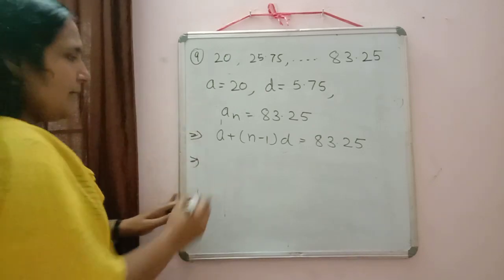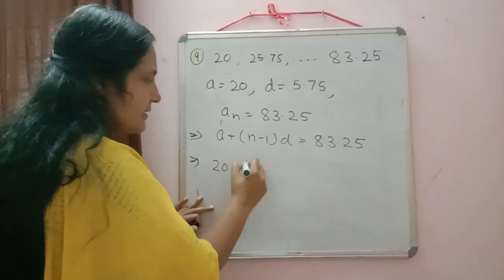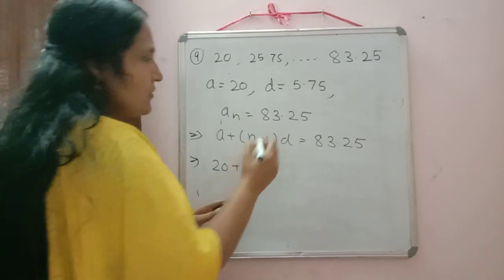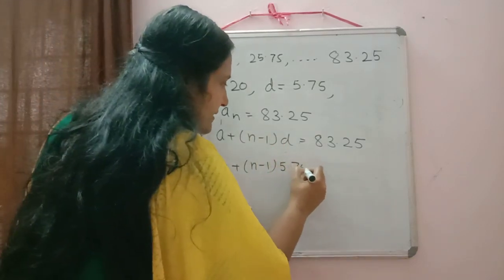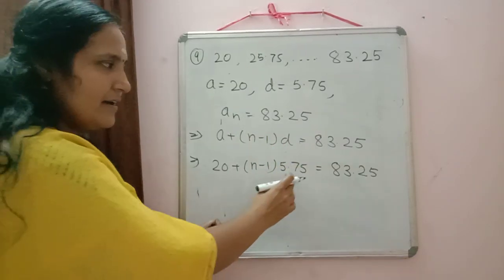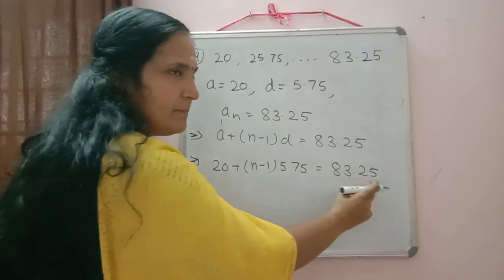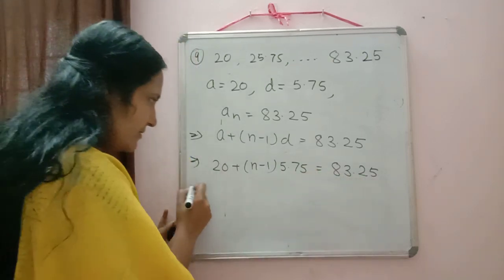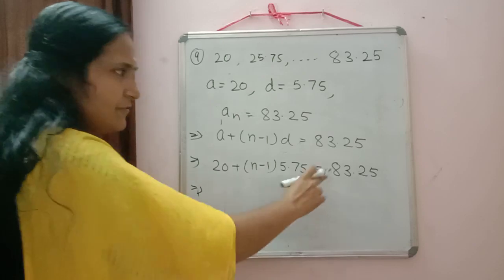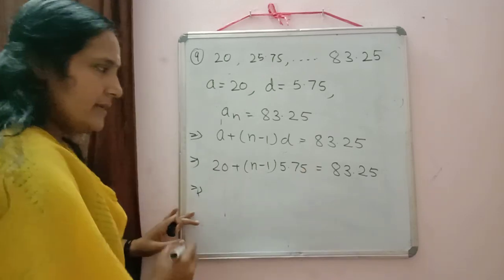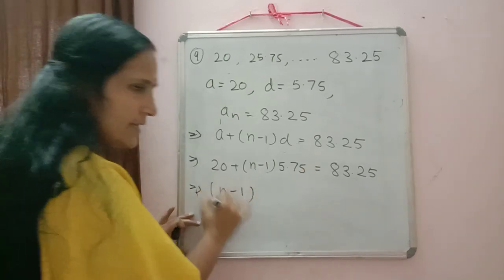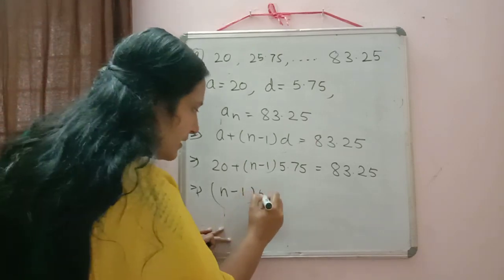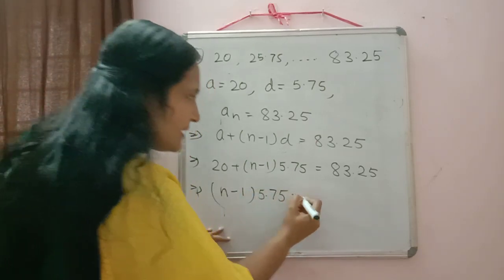A 20 plus n minus 1 into 5.75 is equal to 83.25. Now what we can do? We can shift 20 to right hand side. So it will be n minus 1 into 5.75 is equal to